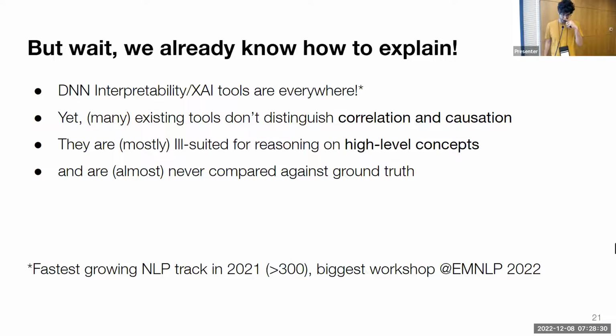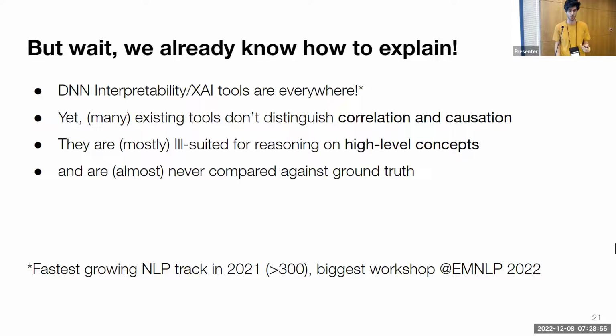All right, so I've mentioned a lot of branches of causal explanations, but we know there are many. We have all used LIME or SHAP or any other such method. We know that this is a very large field already. You already know how to explain models, right? This is a done deal. And if you look at the interpretability track, I think it's the largest at EMNLP and has been for quite a while.